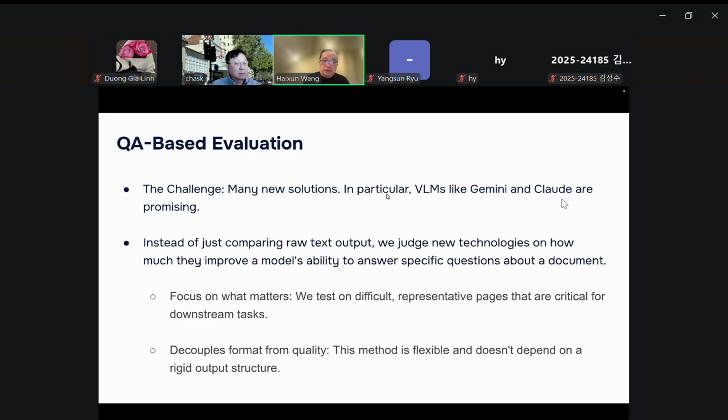The challenge is, as I mentioned, many new solutions, in particular vision large language models like Gemini and Claude, are becoming more and more promising, but new versions are coming out all the time, right? Every vision large language model or every OCR based solution gives you different results, different formats, different descriptions.